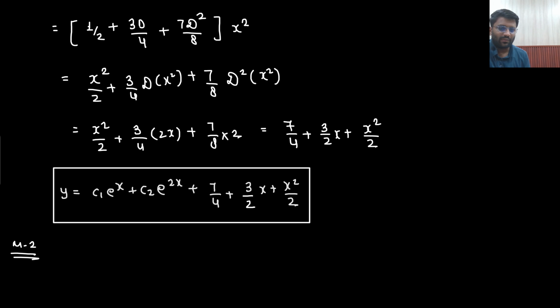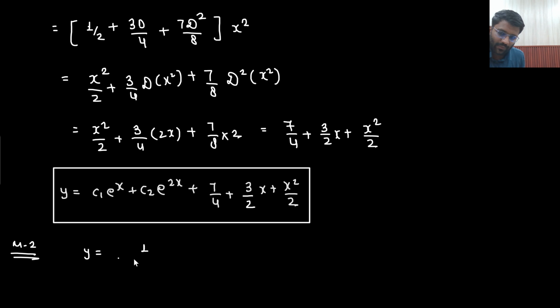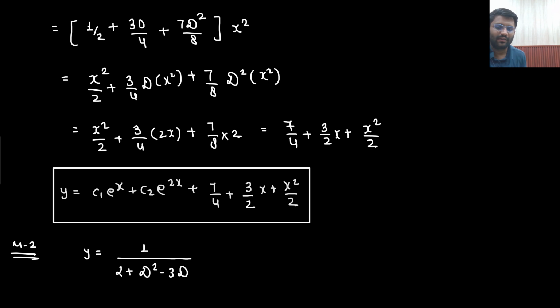Now you would be thinking that, sir, can I do the same question with this method as well? Yes, surely you can do it. What will be your scenario of y? Sir, my scenario of y was nothing but 1 upon 2 plus d square plus 3d. What I am saying is that your scenario of y was 1 upon 2 plus d square minus 3d. Say yes or no. Why I have written in this way, you would have understood. 2 plus d square minus 3d. Okay. Now it is multiplied with